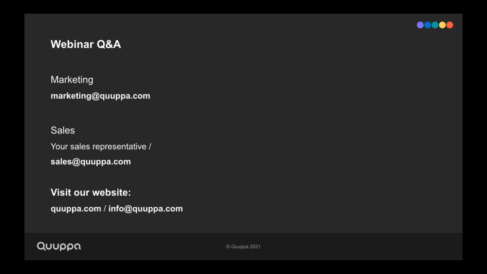Maybe one comment on that: with software 7 you can open projects done with the earlier versions of the software. However, the new API formats that are created with software 7 are not compatible with software 6, the earlier version, so they're not backwards compatible in that way. But Quuppa Site Planner 7.0 will still support the legacy API formats, so those still exist.